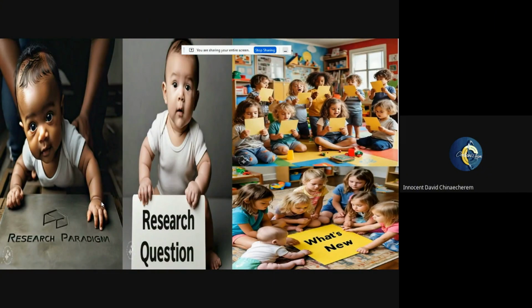So as usual, my graphics have been very comical. I like very comical graphics. So what is it? You move from your paradigm. Remember, in our last session, we explained paradigm as your ontology: how do you view reality? And what is your epistemology: how do you study knowledge? That's going to be your paradigm, right?